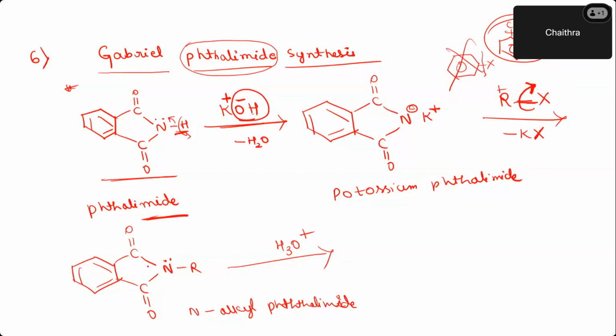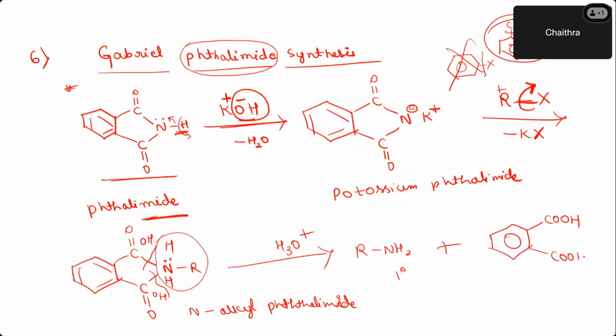So now you do hydrolysis, break the bond here, add OH this side, H this side, break the bond here, add OH this side, H this side. Now what did you get? You got this broken part, RNH2, a pure primary amine, plus a byproduct, that is the benzene ring attached to COOH. This is nothing but phthalic acid. So now you prepared a primary aliphatic amine.